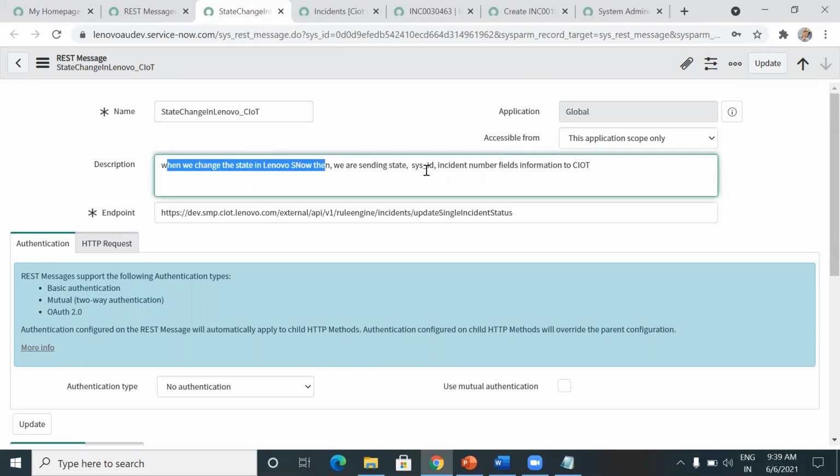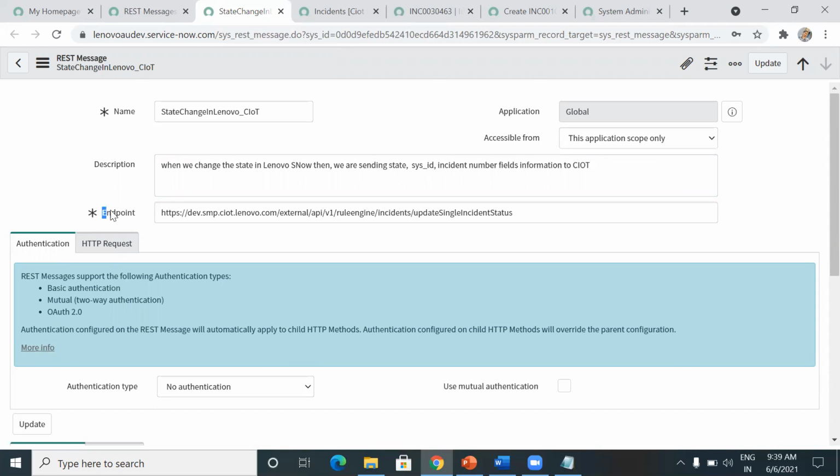Okay, so description is nothing but the kind of information from the requirement point of view. You can go ahead and write it over here for better understanding. That's it. Okay, this is the endpoint. They are going to provide you